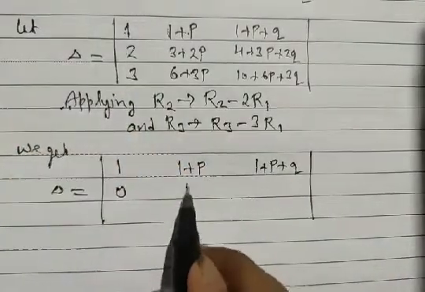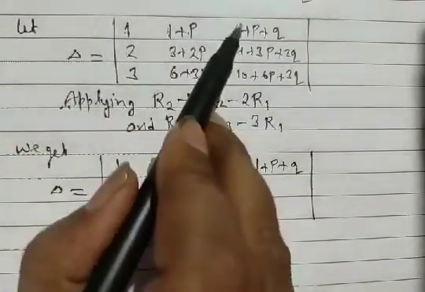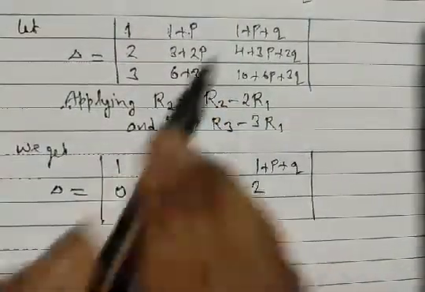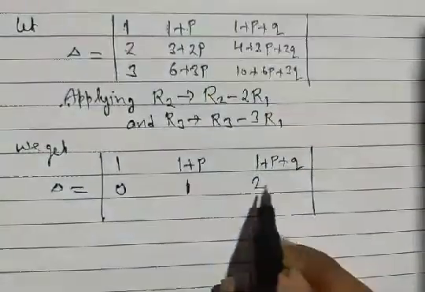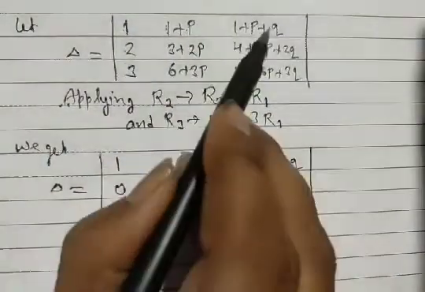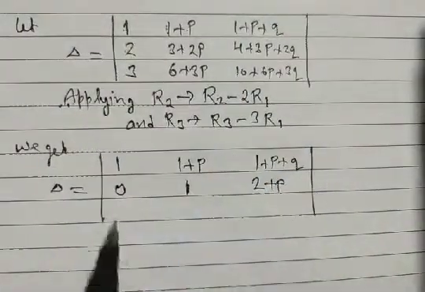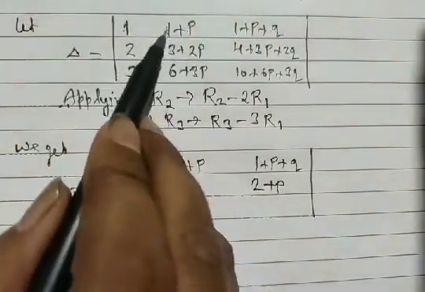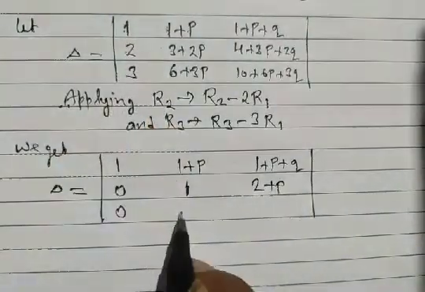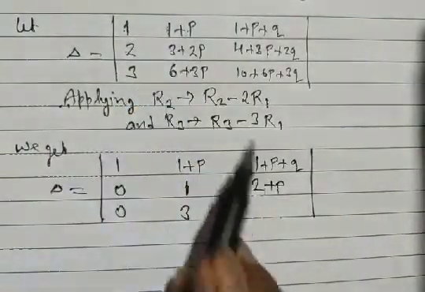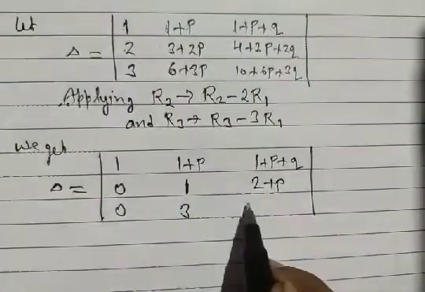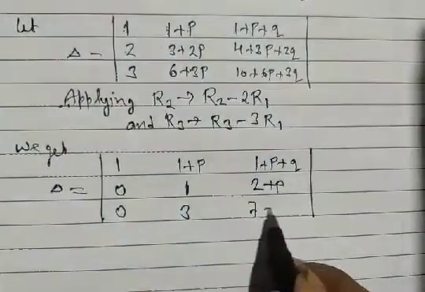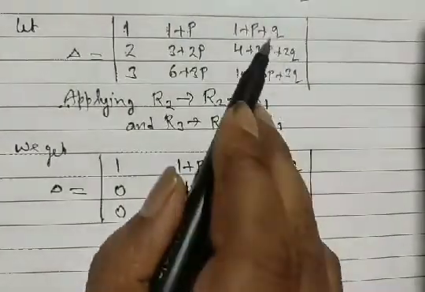Here we have 1. Since it is multiplied with 2, it is 2 plus 2p plus 2q. Now 4 minus 2, here it is 2. 3p minus 2p, we have p. 2q minus 2q cancels. Now the third row: 3 minus 3, we have 0. This is multiplied with 3. Now here is 3 plus 3p; 6 minus 3 is 3, 3p cancels out. 10 minus 3 is 7. 6p minus 3p, we have 3p, and 3q cancels out.